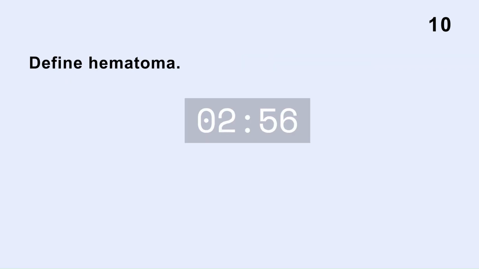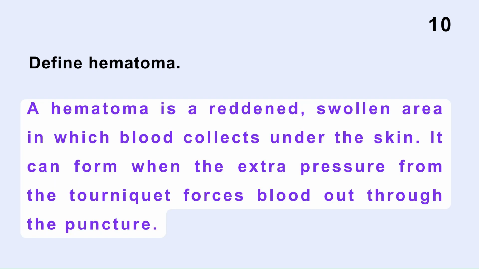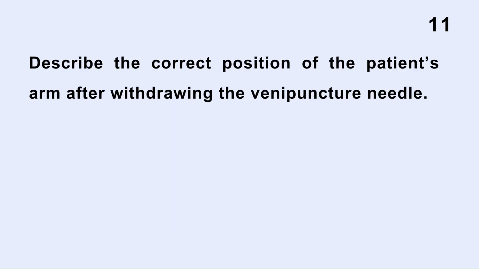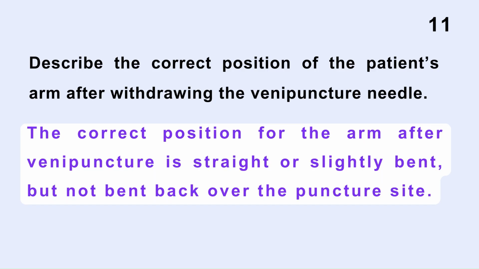Number 10. Define hematoma. A hematoma is a reddened, swollen area in which blood collects under the skin. It can form when the extra pressure from the tourniquet forces blood out through the puncture. Number 11. Describe the correct position of the patient's arm after withdrawing the venipuncture needle. The correct position for the arm after venipuncture is straight or slightly bent, but not bent back over the puncture